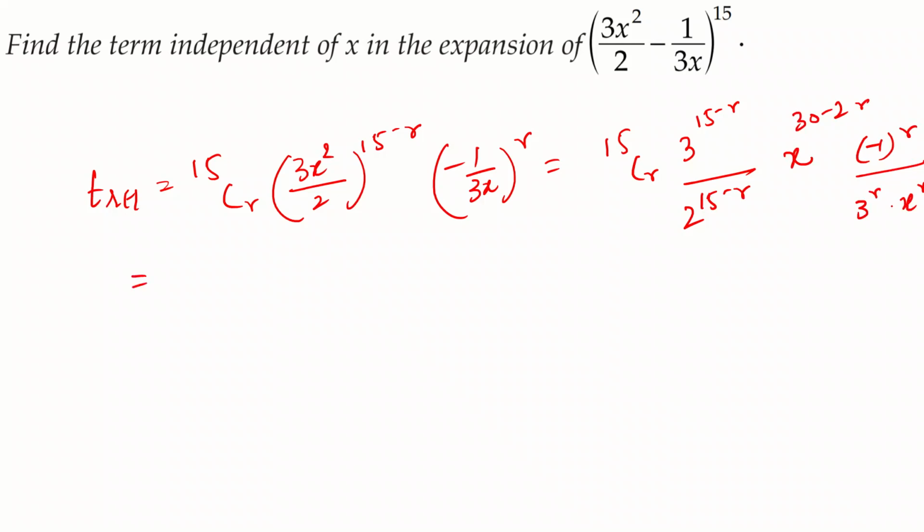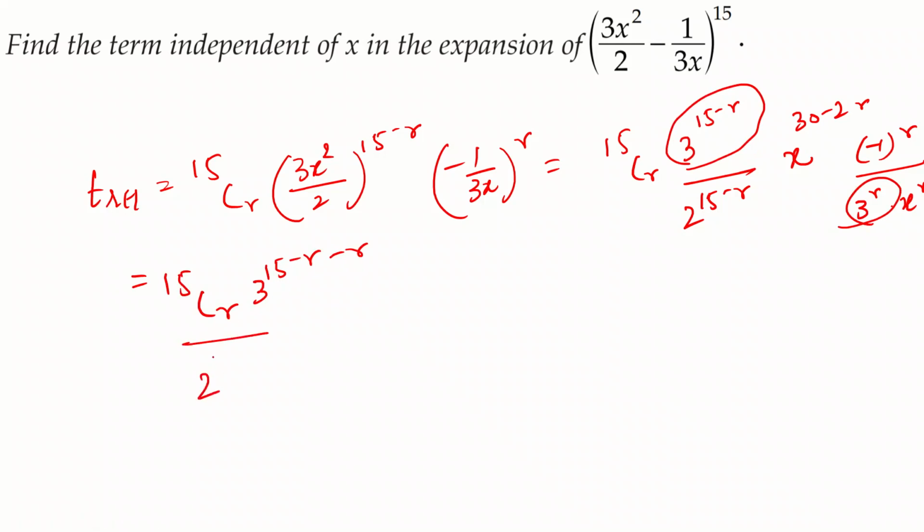So I separate all the powers and put it down on each and every term. The reason is that I want x to be separated. So 15cr 3 to the power of 15 minus r. I can simplify this, 3 to the power of 15 minus r and 3 to the power of r. So by writing it as minus r, it becomes handy for me. It's 2 to the power of 15 minus r over here. There are no other powers of 2, so I leave it as it is. Then x to the power of 30 minus 2r, and then x to the power of r we also have over here. So minus r, I can club these, and finally minus 1 to the power of r.